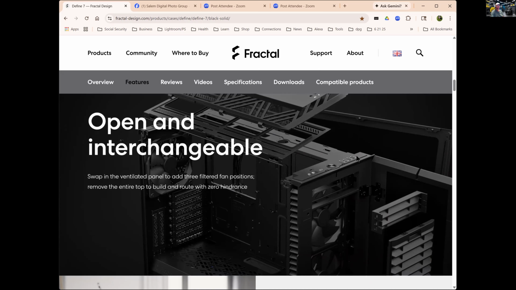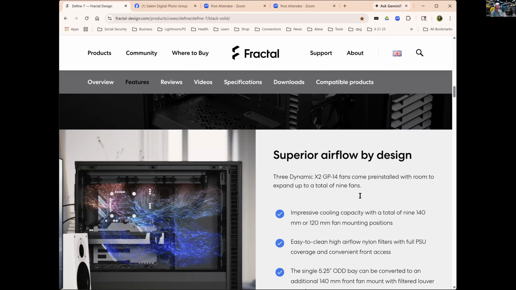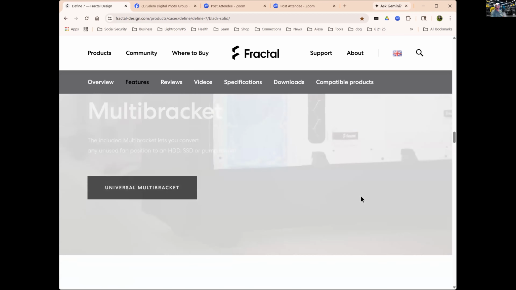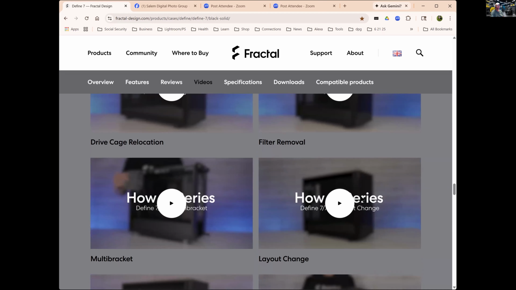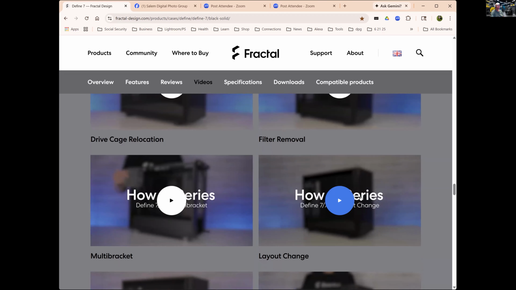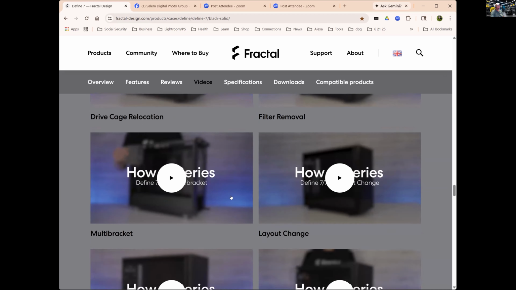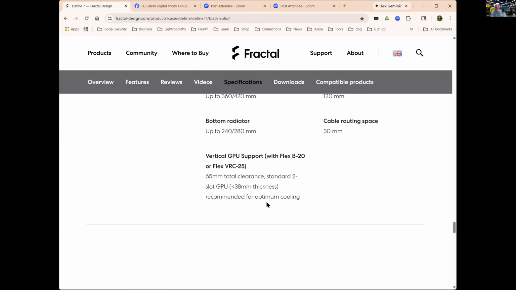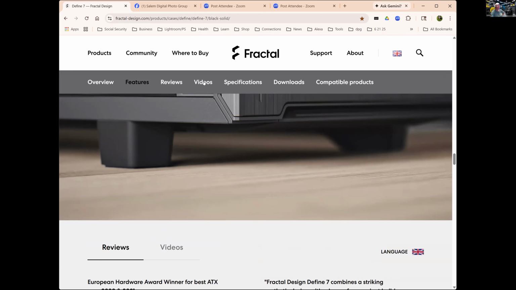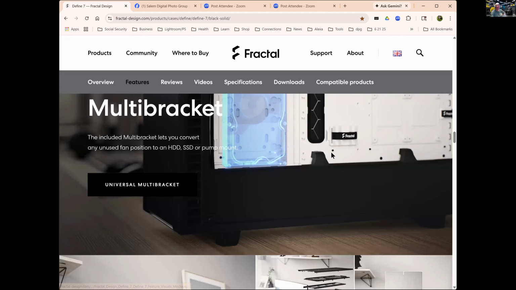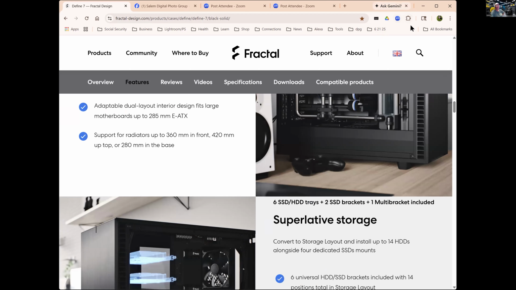It's got lots of connectors up here for USB, USB-C. It's got your sound. It has a reset button that a lot of them don't have. And the really great thing of it is, if I can get some nice pictures, not getting nice pictures. Oh, it's easy to route cables and easy to set up with different configurations. So I'm thinking this case is